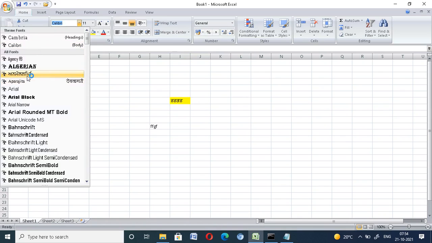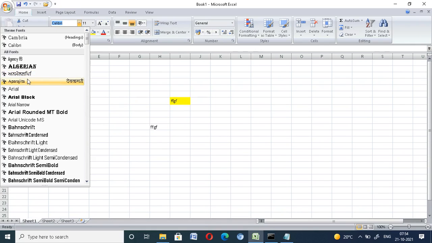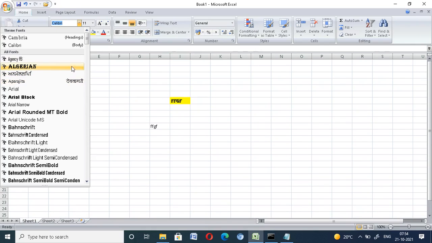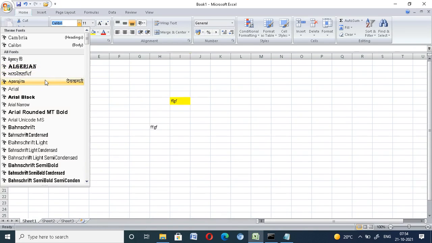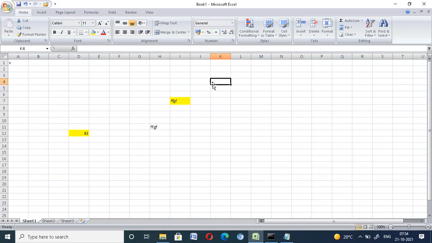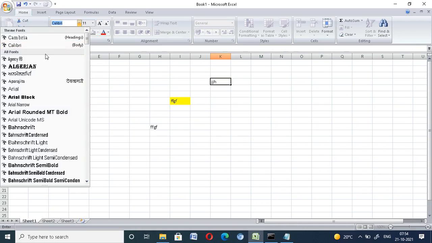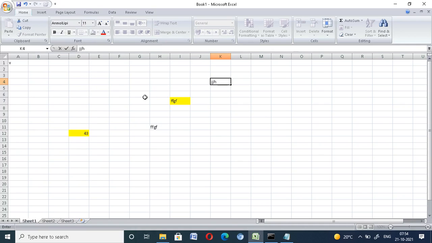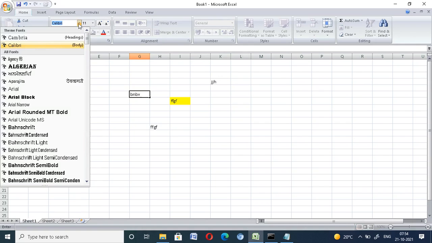There are also other languages, such as Punjabi, Aparajita and Devanagari. If you want to type in Excel in another language, you can use these fonts. In this way you change the font; Times New Roman is mostly used.